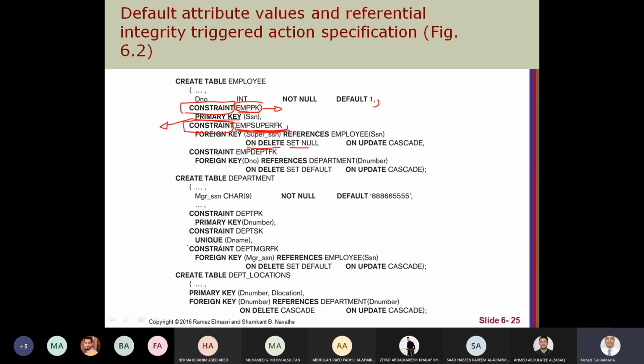Later, anytime you can use something we call alter or change. For example, alter foreign key, or alter constraint name, set on delete set null, or something like this.